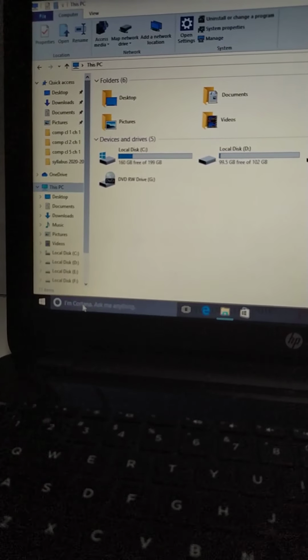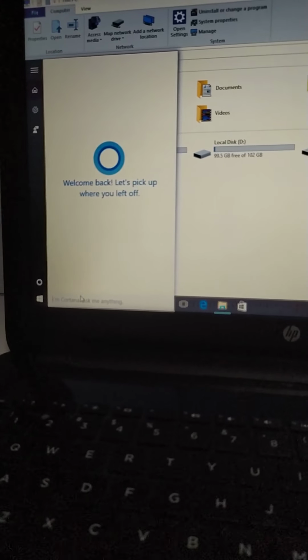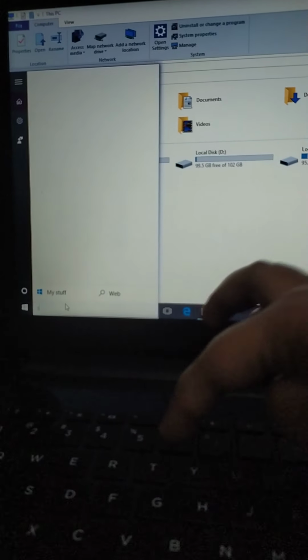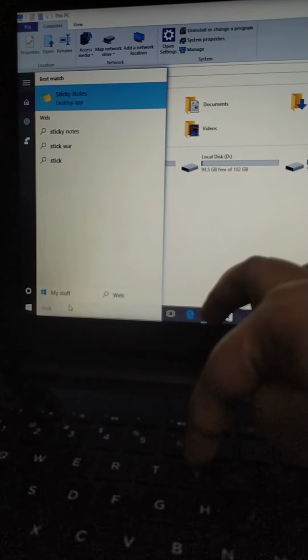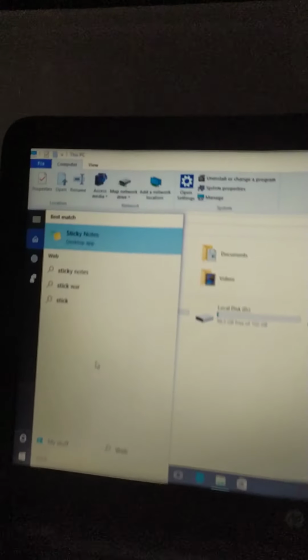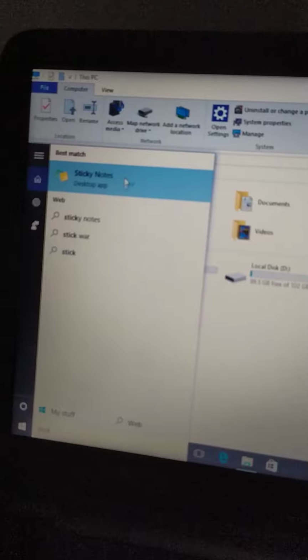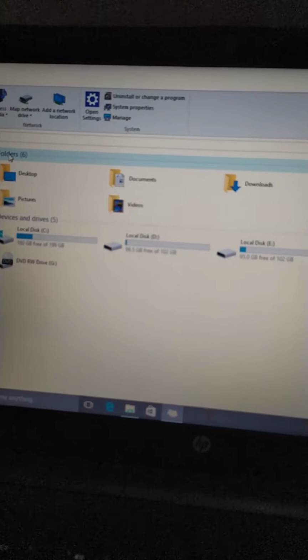Click over here, write sticky note. See, the sticky note option is coming. Click on it. One sticky note has come.